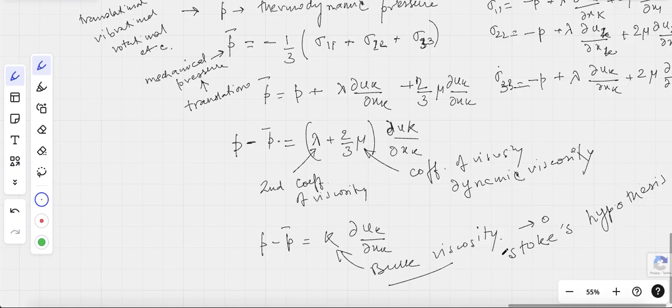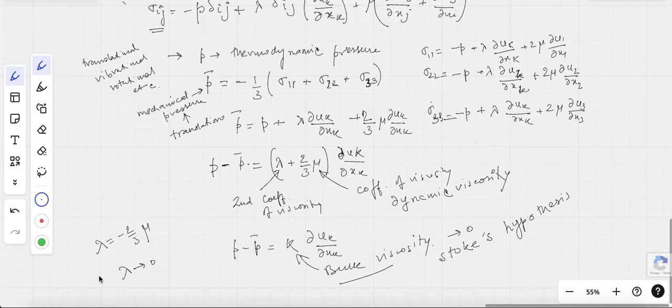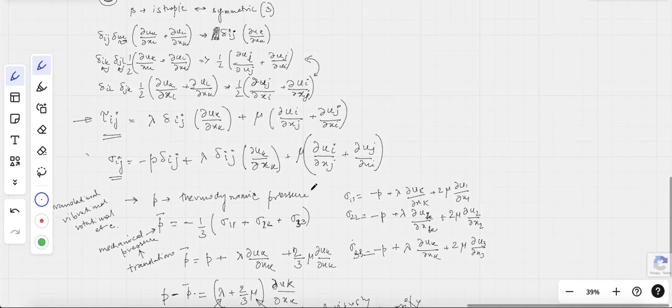From Stokes hypothesis, it is stated that bulk viscosity is 0, and these fluids are called Stokesian fluids. So we will be considering fluids where lambda equals 0, but to simplify this equation,